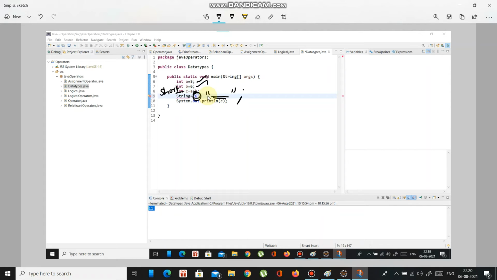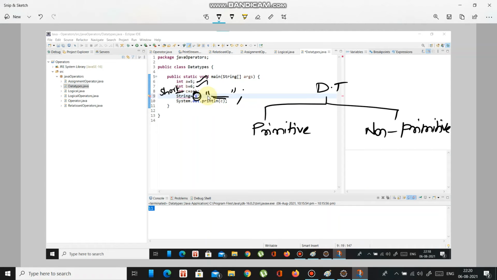So let me explain to you guys what all comes under primitive data types. So let's take two. This is primitive and this is non-primitive data types. So under primitive there are byte, short, int, long, float, double.